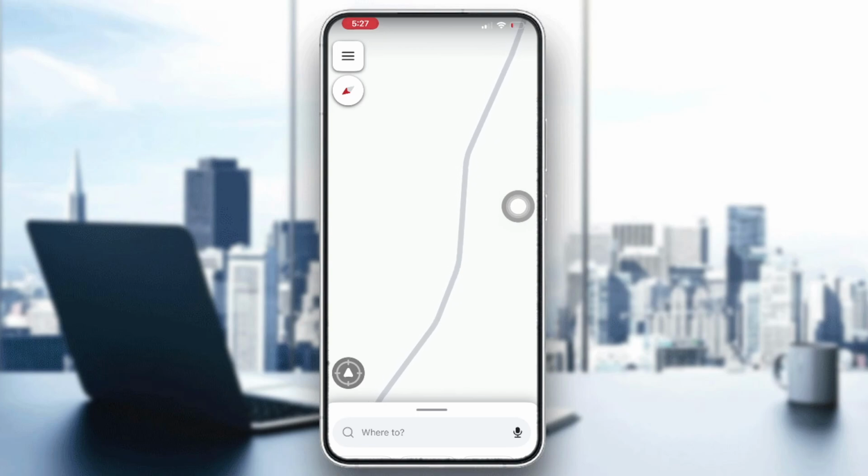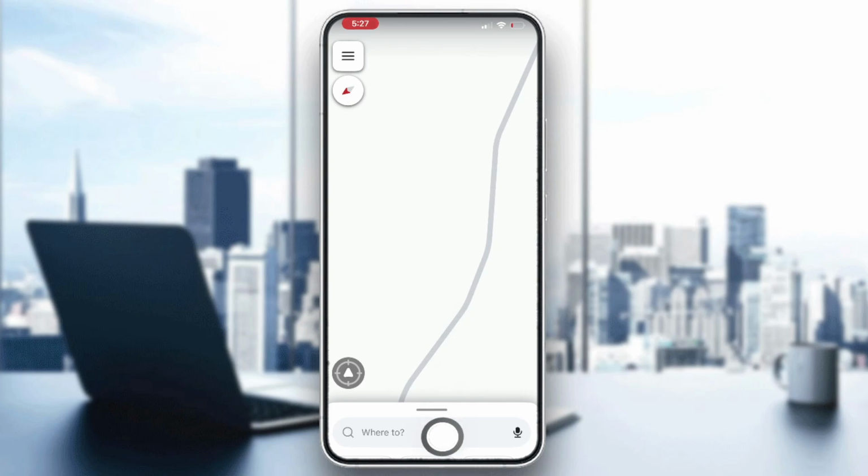So actually guys, at first you'll need to open Waze on your smartphone and then just make sure location services are enabled for Waze, so Waze can then determine your current location. And then just tap the search icon or the where to search bar,